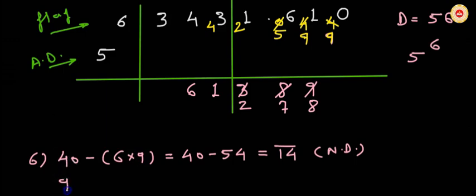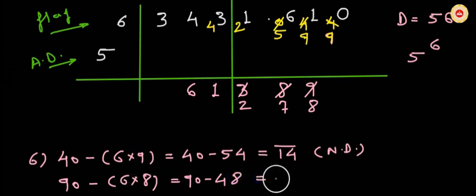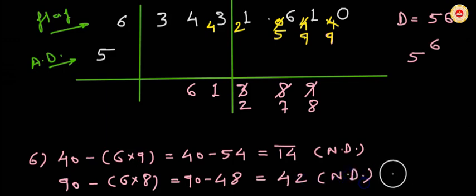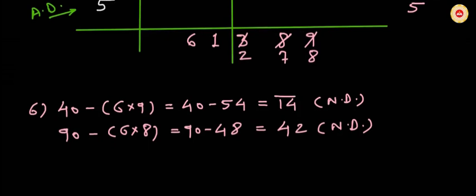Instead 40, we will write 90. Okay, minus 6 multiplied by 8. Instead this 9, we will write 8 here. So 90 minus 6 8s are 48, which is equal to 90 minus 40, 50, 50 minus 8, 42. 42 is net dividend, positive net dividend. So let us divide 42 by actual divisor 5, which gives us quotient 5 8s are 40. Remainder is 2. So quotient 8